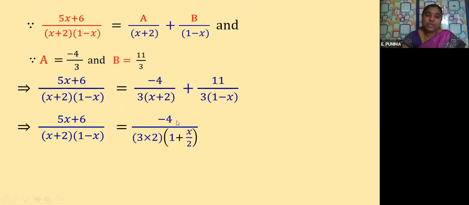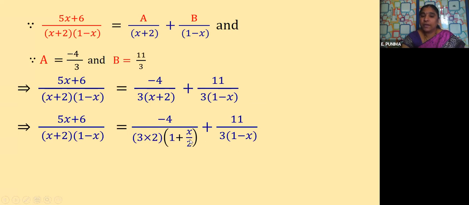So here what I am doing is, because our expansion terms should be in the form of 1 plus x or 1 minus x like that. Yes or not? But here if you observe the term, we have x plus 2, but the constant should be only 1 always. So then how can I make it as 1? By taking 2 common. So what I'm doing here, minus 4 by 3 into 2. This term I'm writing first because it should be in the form of 1 plus x, 1 minus x, and so on. Okay. So by taking 2 common, I get here plus 1 plus